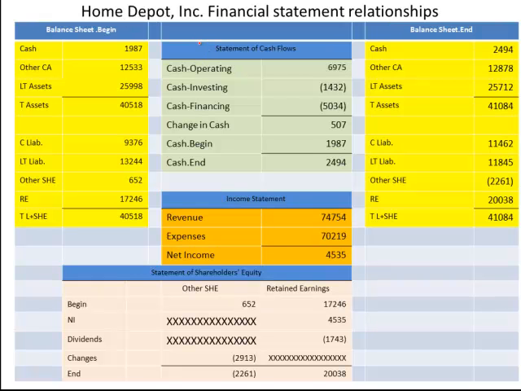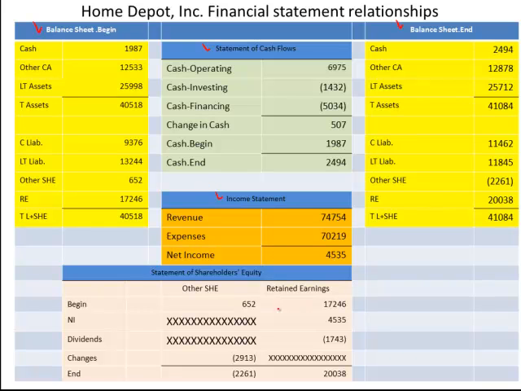Here's Home Depot. So Home Depot, beginning of the year, again, look at the mix of the assets. They have a lot more other current assets and a lot of long-term assets. They also have a lot of long-term liabilities. Balance sheet at the end of the year, cash flow numbers we found previously, income statement numbers we found previously,